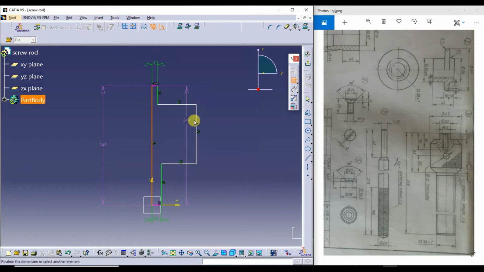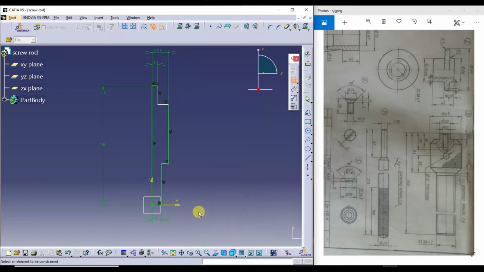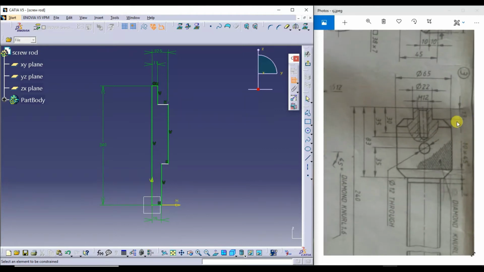Next, from here to here it is, see here 65. Half of 65 is, you type, there is no need to calculate anything, just half of 65, you enter 32.5. Next, this dimension is, see here, 13.